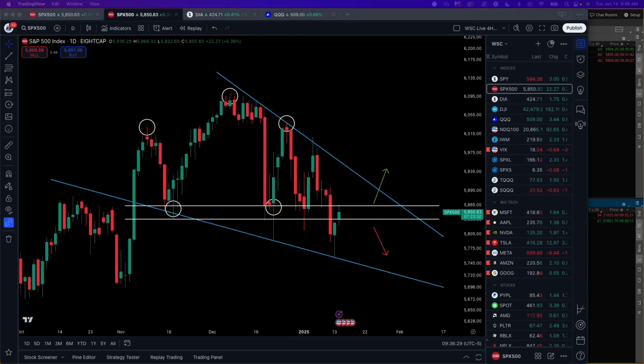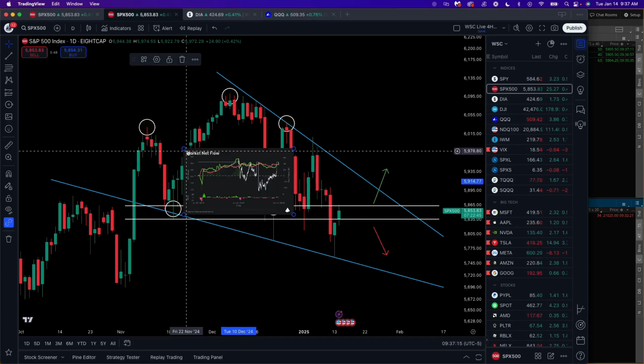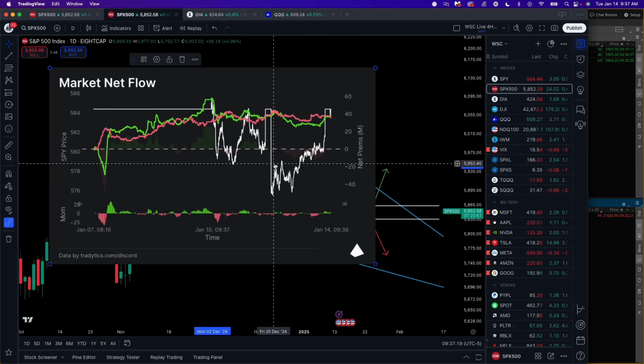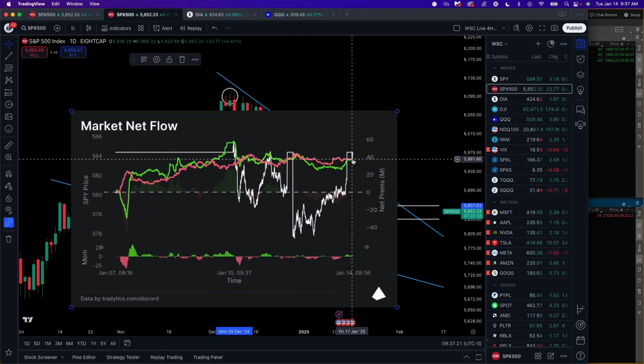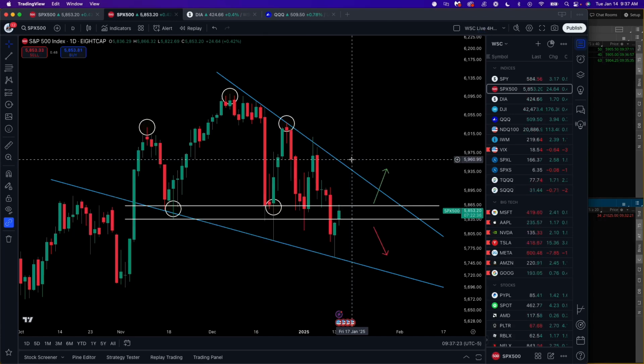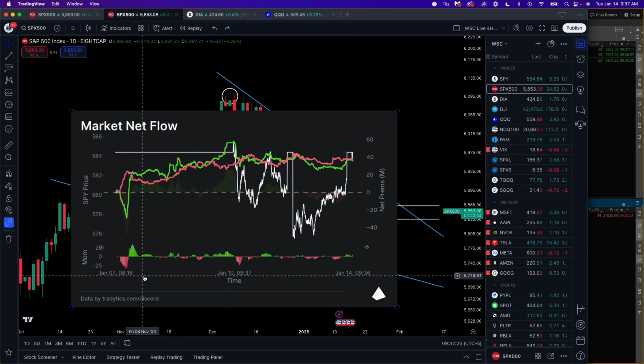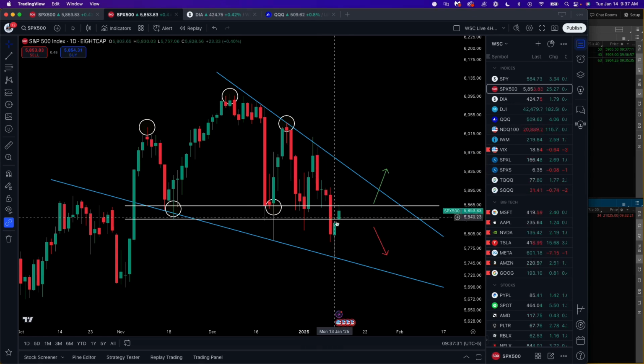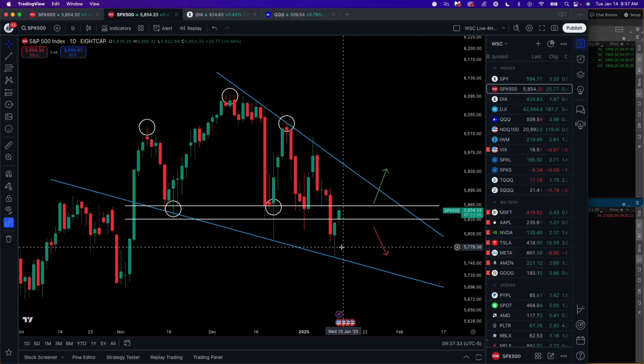This is looking bearish here. Now let's compare it to the 5-day time frame. So the 5-day time frame is looking bullish. And why is it looking bullish despite it being here at break even? Well, it's looking bullish because that data comes from January the 7th and it's break even. And check what the market did January 7th. Massive, massive, massive pullback, but somehow the bullish flow is break even with the bearish flow.